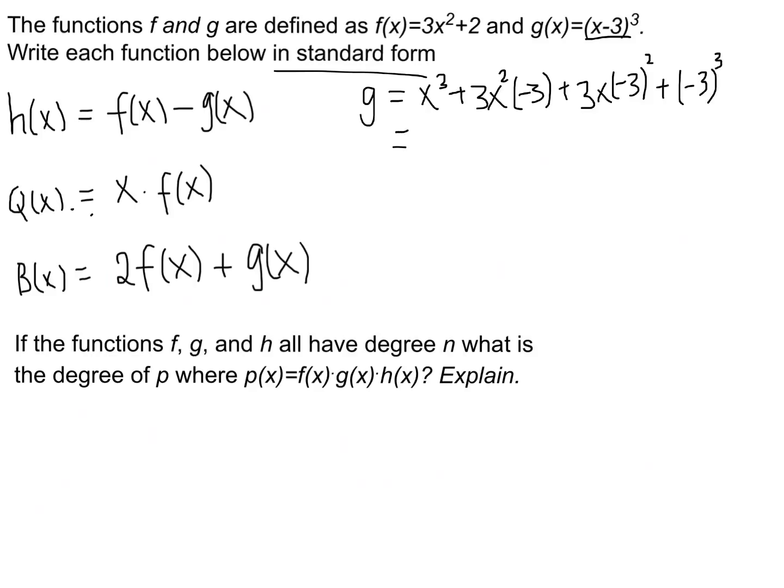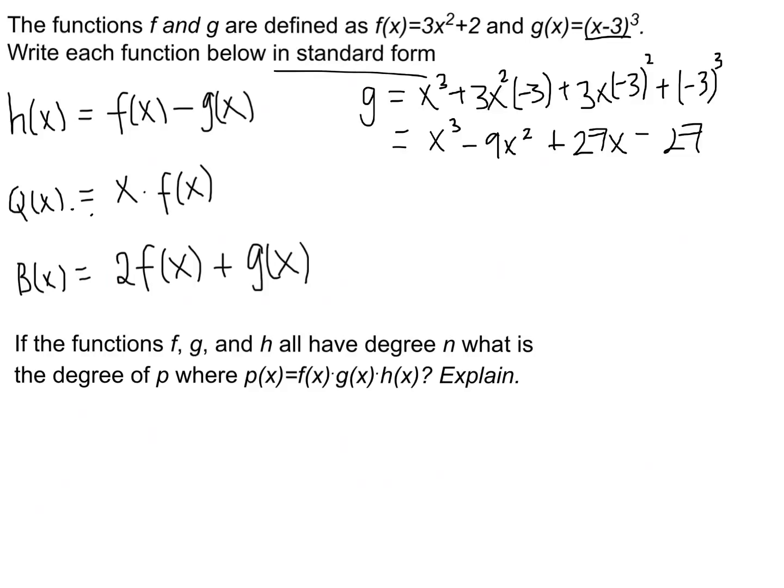And if I then simplify this out, I have x cubed minus 9x squared plus, because 3 squared is 9, so it'll be 9 times 3, which is 27x, and then negative 3 cubed is going to be negative, so it will be negative 27. Okay, so that's my function g,